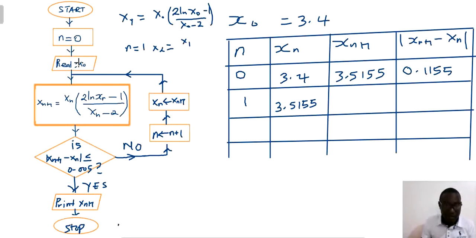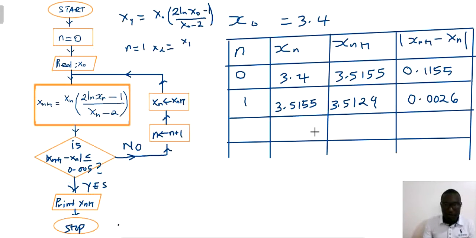Again, getting our calculator ready. We are going to feed in. We have reached here, and we are going to feed in this in the position of xn. So let's do that. Here we get 3.5129. Again, we get the error. We have finished computing here. Next, we have to get the error here. We have to get xn plus 1 minus xn. So this minus that, which is giving us